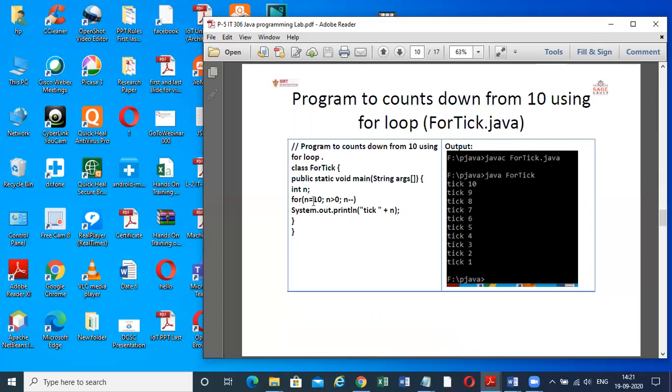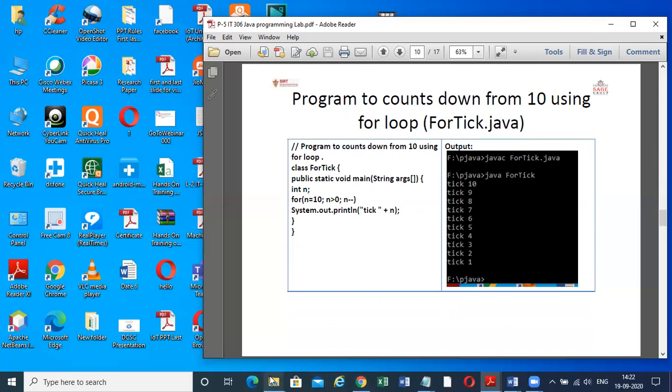Starting, n is initialized with the value 10. So now the value in n is 10. Now 10 is greater than 0, the condition is true and it will return 1. At that time, the body of the for loop will execute. When the body executes, there is only one statement inside the body. After that, the control will go to the increment part, the last part. Here one is decremented from 10, so 9 will be there. After that, the condition will be checked again. And this program will run in the same way till the condition is true.